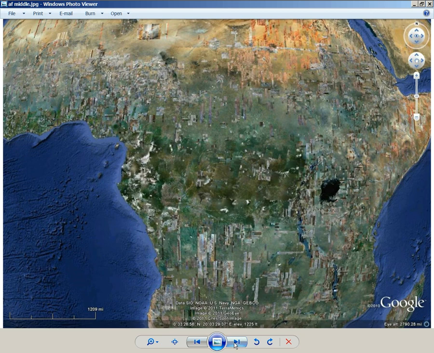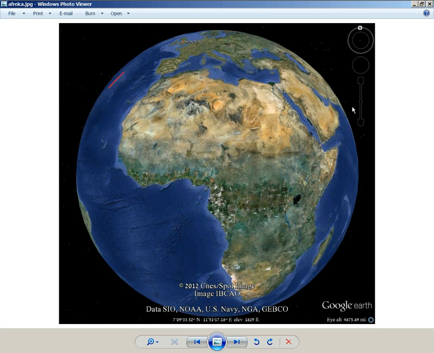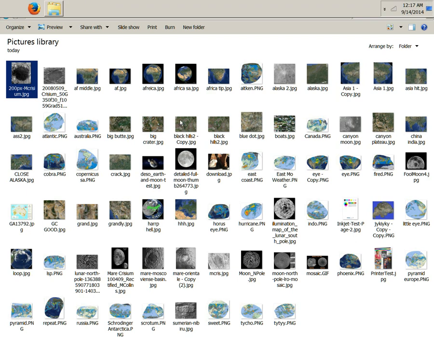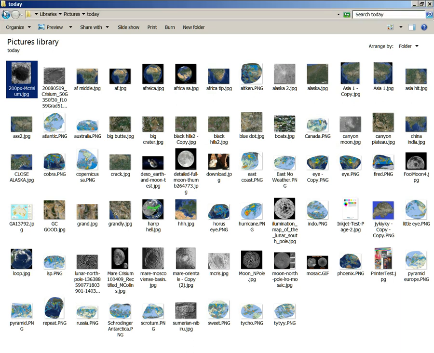And I think we're done with that part. Anyways, you see that. Now let's go to Google Moon. I just want to show you. After you see this, I just showed you all those pictures, and that's nothing. That's not even all of it, we didn't even look at like Greenland or none of that. So let's go to